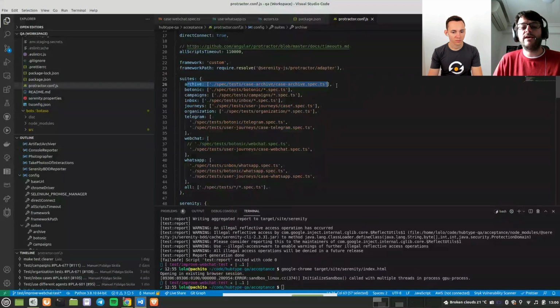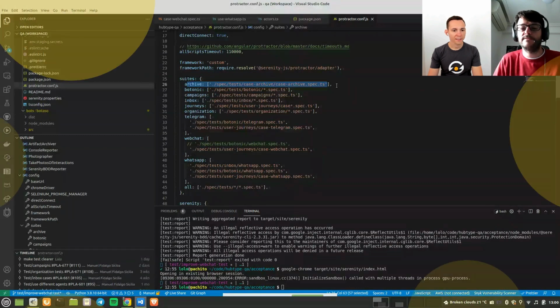So we have focused on checking the important stuff, the things that cannot break. Okay, there can be, of course, other bugs or glitches, but the most important things we have to cover with this kind of test.